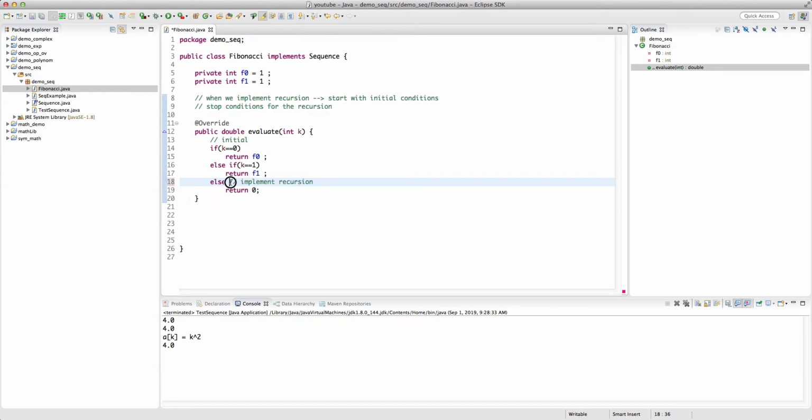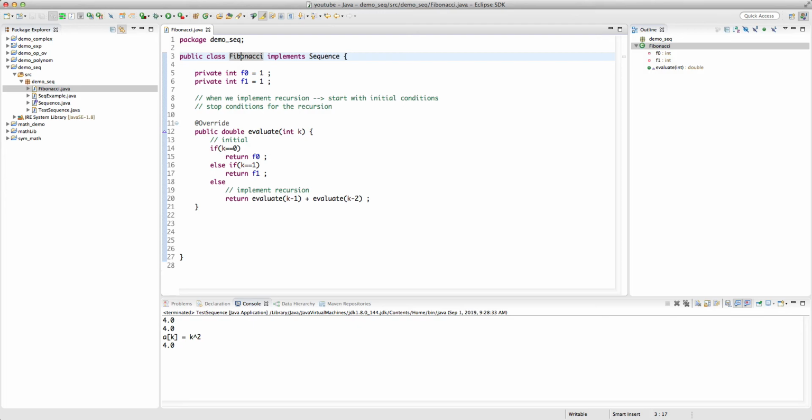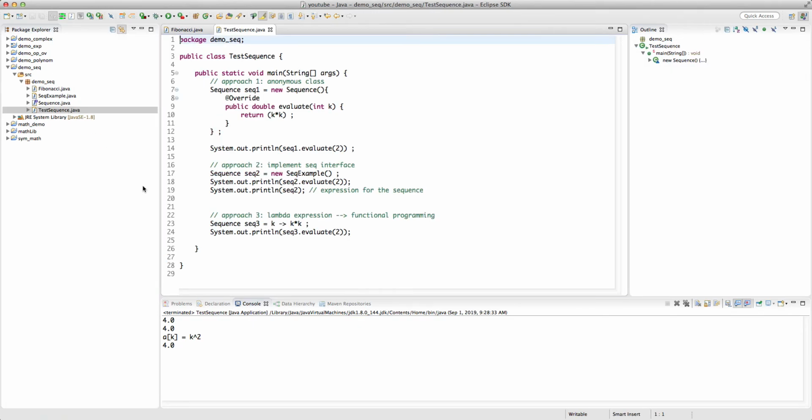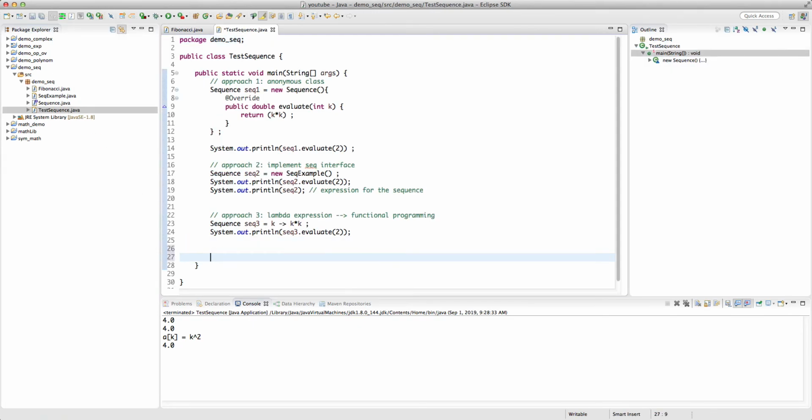And the way we're going to implement recursion is just calling the function again, evaluate at k minus 1 plus evaluate at k minus 2. All right, this is how we implement the recursion. Okay, so this is the Fibonacci, and it implements our sequence. So let's head here, approach 3,